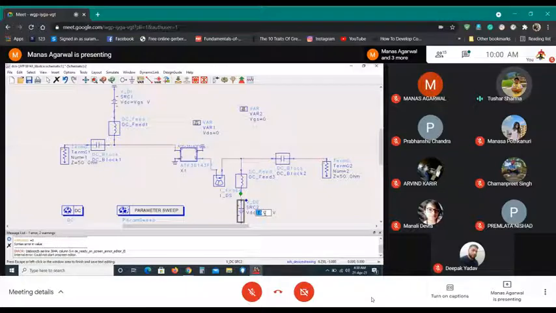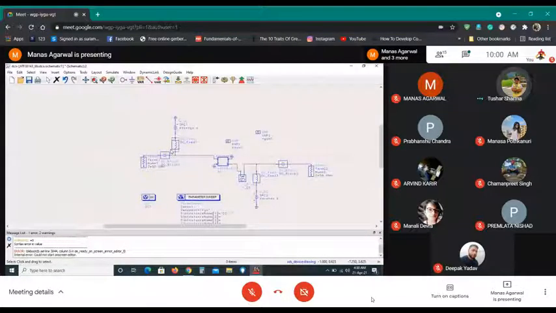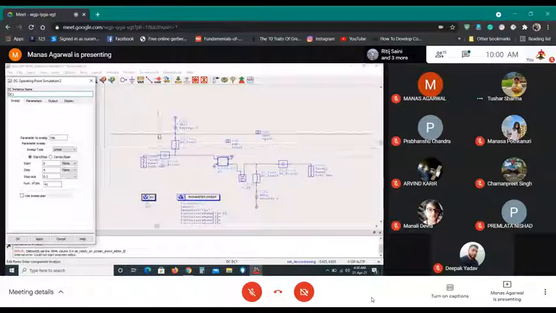VDC is equal to VDS. Very good. VDS space V. Exactly. Can you zoom out a bit? I want to see your DC settings. So VGS, okay. Double click DC1. So this is good. Just run it now.